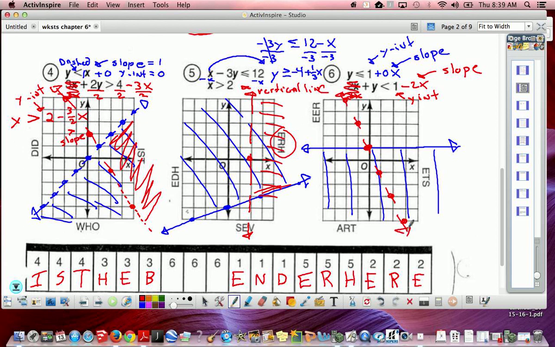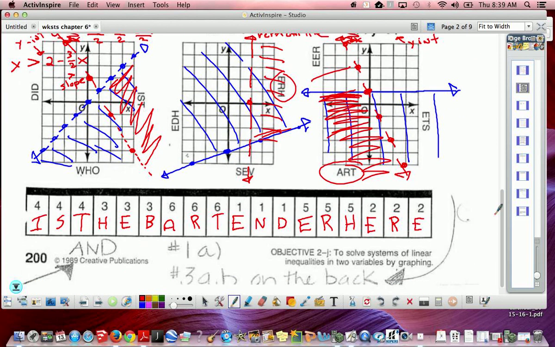I want to shade the left side. Whoops, I didn't really need to do it, so it actually starts here, sorry, to here. So we're now taking the word ART. So we should now have our answer to our puzzle. So we just have to break out the words. And it is the